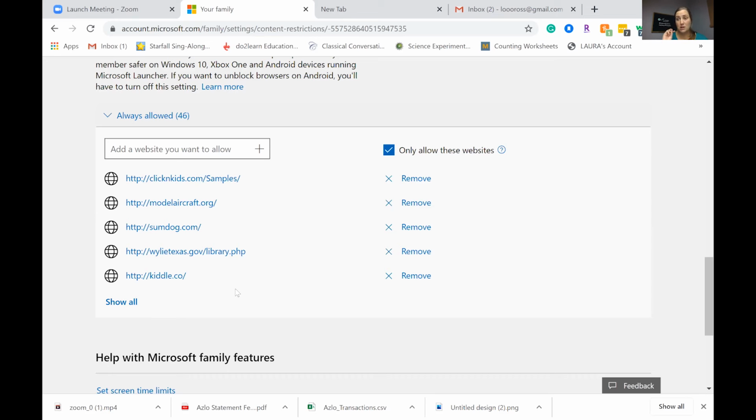However, if you have this situation, you can just say, okay, you're allowed to go onto Khan Academy and to Sundog and to National Geographic, and there's only 3 websites you can go to. He cannot visit any other websites unless we have approved it. And for anything else, he has to ask permission. So he'll send a request and we'll get that and we can approve or disapprove of that.